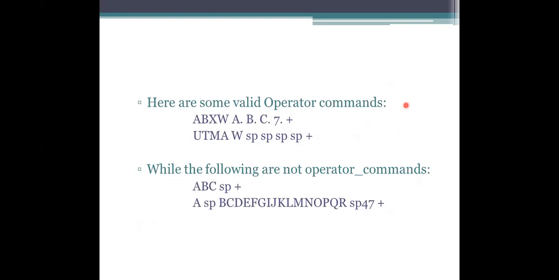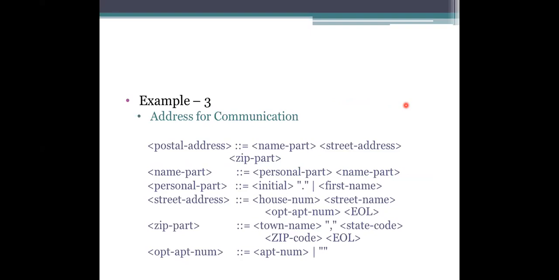And then next, here W, which is followed by the spaces. So spaces have been used, and the space is also considered a delimiter here. So in this not-valid example, see here ABC SP plus is there. So we are not having such elements for processing. So that is not a correct one.